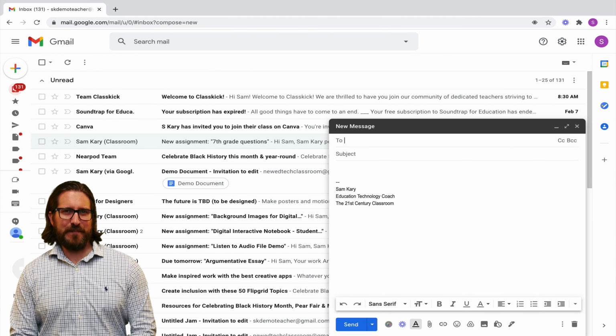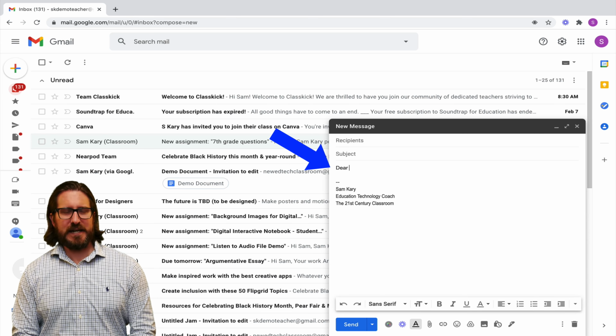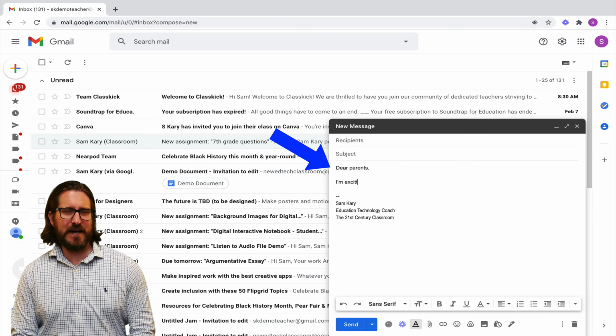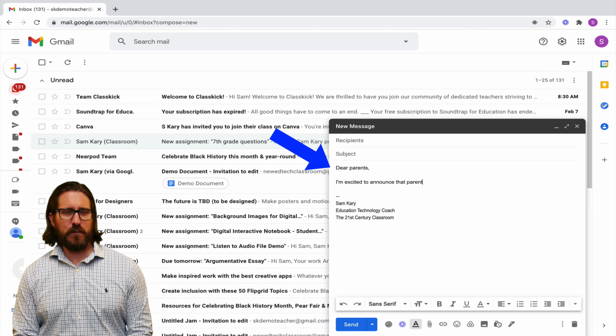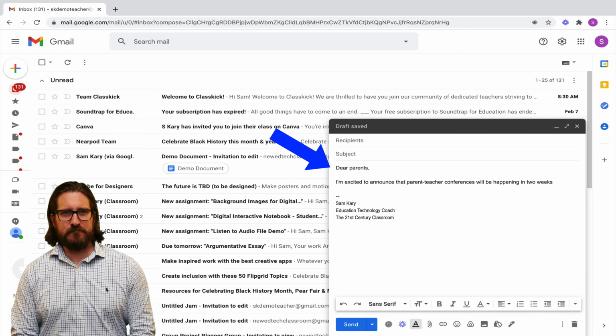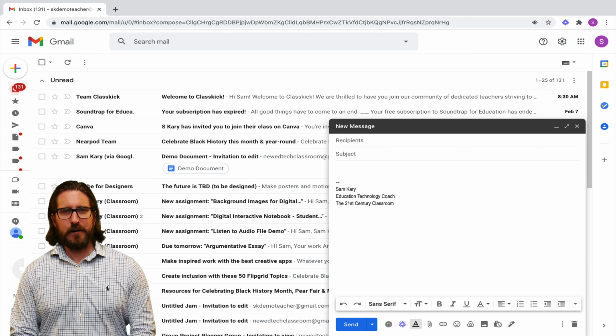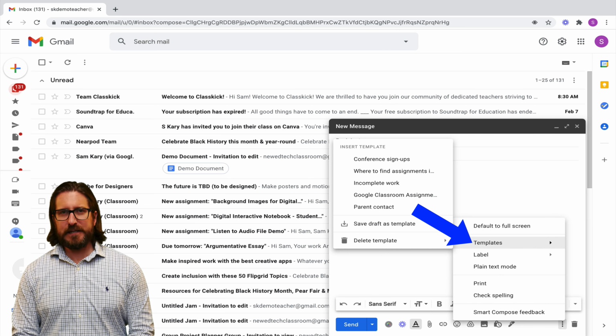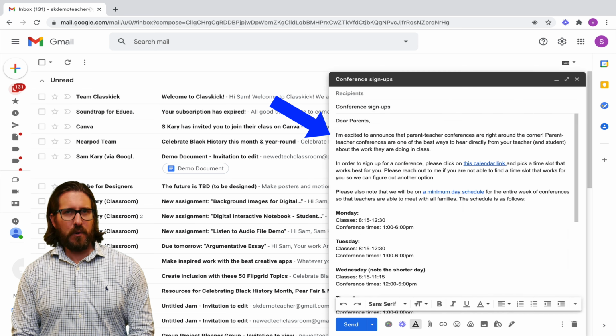First, let's look at how a Gmail template works. Let's say you're composing an email to parents about signing up for time slots for parent-teacher conferences. This might be email content you repeat more than once a year, and it's certainly email content you'll repeat year after year. Rather than hunting around for your old email or typing up an entirely brand new one, if you have a template, all you'll need to do is select that template and it will pull your pre-written email in. Make a few small changes, and you just sent out a detailed email in a matter of seconds and probably saved yourself a half hour or more of time.